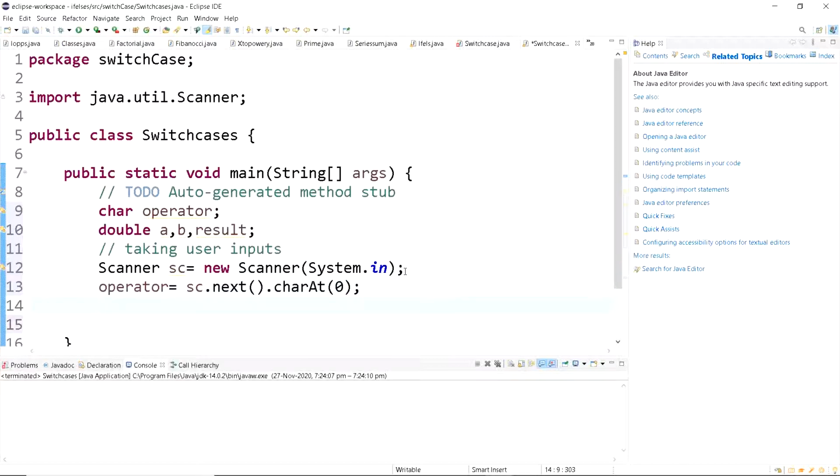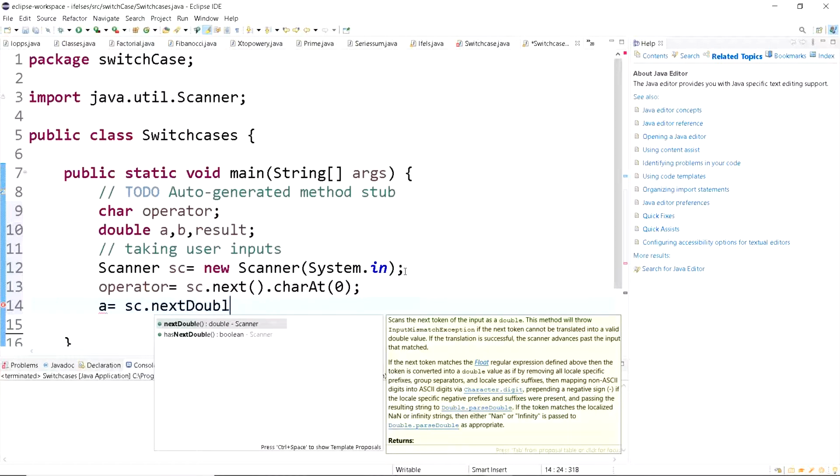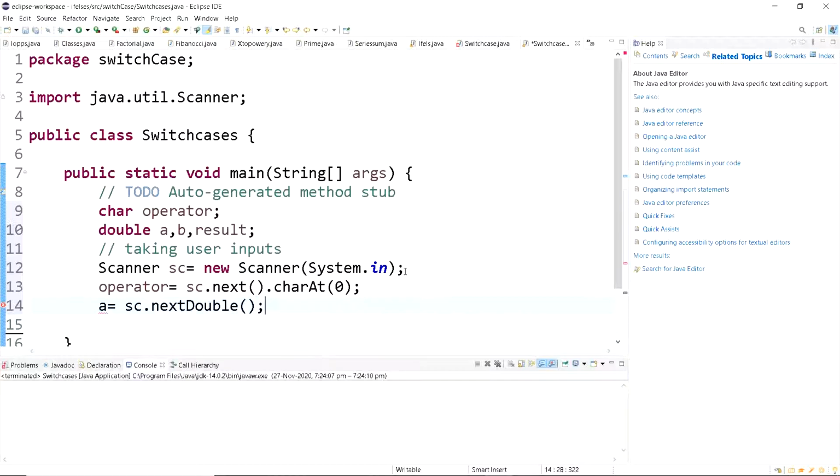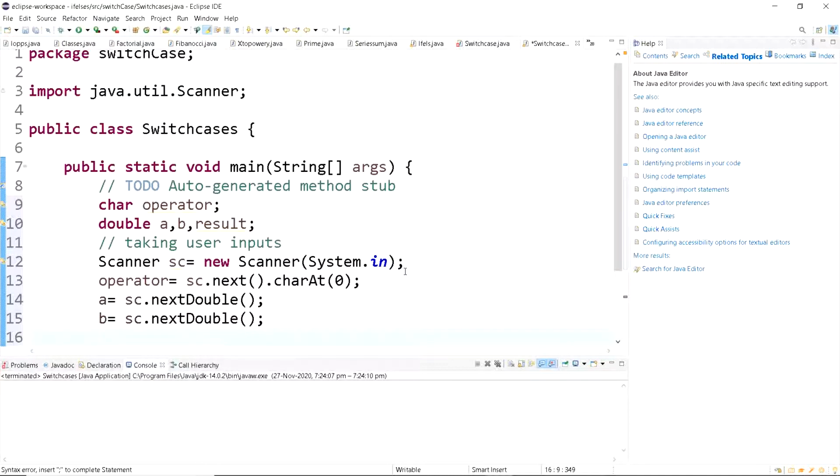This is how we take user input for a character, and for a double variable it is sc dot next double. Since it's a double, we are taking next double, and likewise for B, sc dot next double. So we've taken the user inputs.